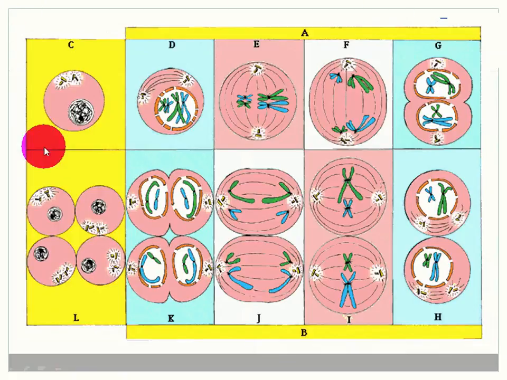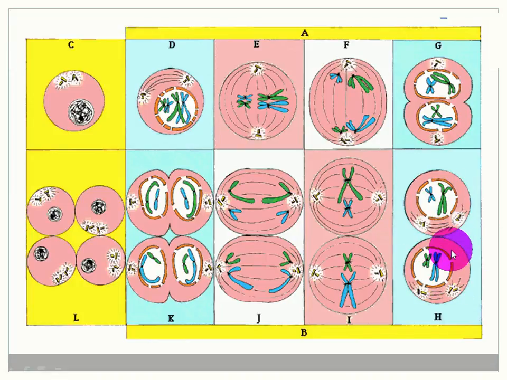So just to sum up meiosis, we have one cell here going through interphase. We go through prophase 1. Nuclear envelope breaks down. My homologous chromosomes start to pair up. That's where crossing over would happen in prophase 1. Metaphase 1, they line up in the middle. The homologous chromosomes separate, go away from each other in anaphase 1, and then I have telophase 1 where everything's kind of reforming. There is no interphase 2, so we jump right from telophase 1 to prophase 2.